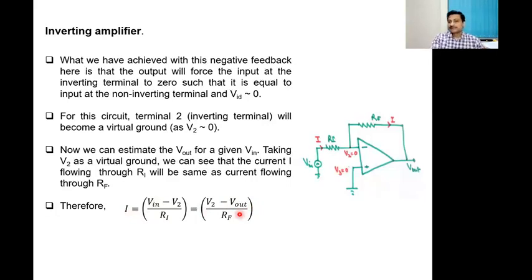And V2 is 0. It's a virtual ground, so it's 0. And what that means is V in over Ri is equal to negative, or out of phase, V out over Rf. So that's the current flow in my inverting amplifier. And now what I can do is find out the V out as a function of V in,